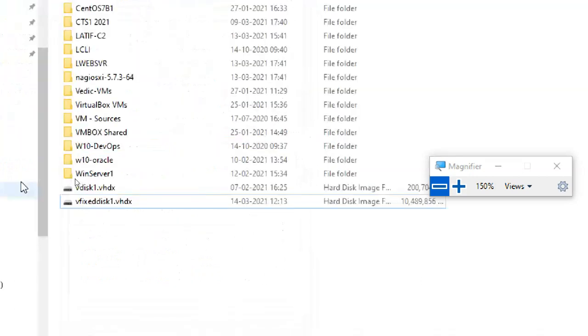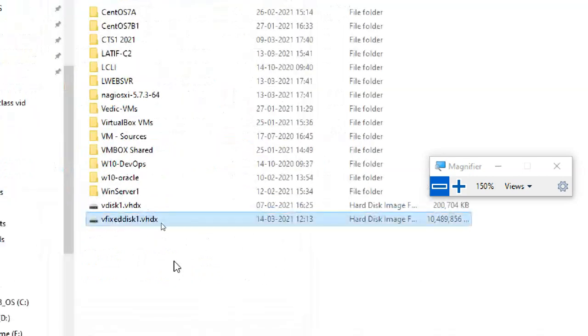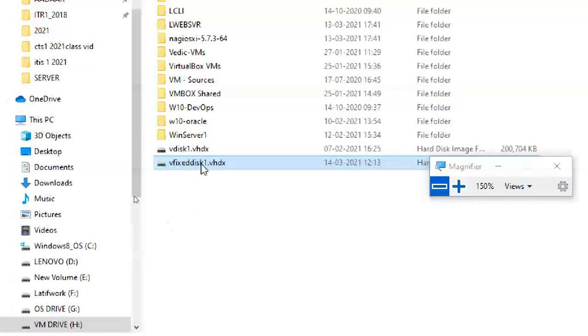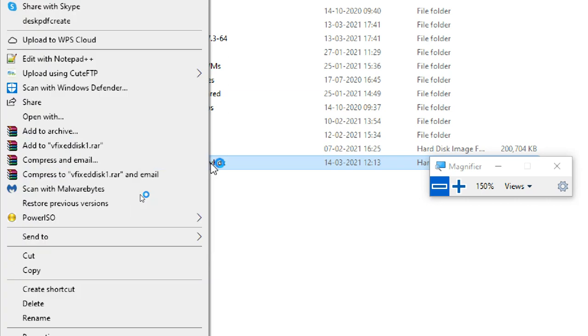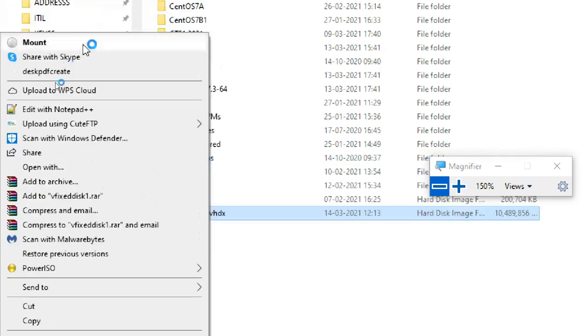Now, how to mount this in Windows 8 and Windows 10? If you double click on it, it will automatically mount it, because earlier we already formatted, everything is done. Simply double click on it, or you can right click and mount. You can see the mount option also, at the top. But I already did a double click.